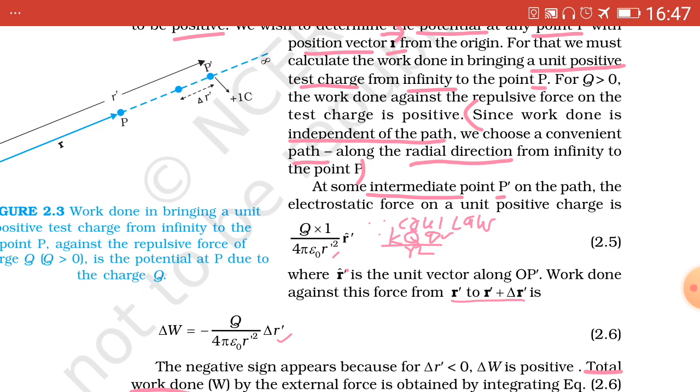Force F equals K capital Q into small q upon r square. Here small q, the test charge, has value equal to 1 coulomb because it is a unit positive charge. So capital Q into 1 is written here, where r dash hat is the unit vector along OP dash,